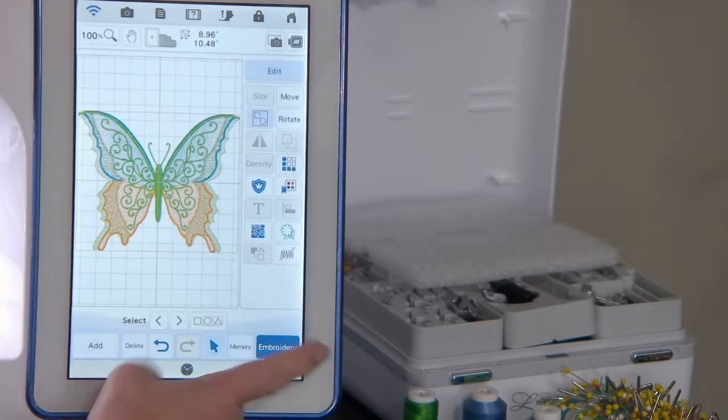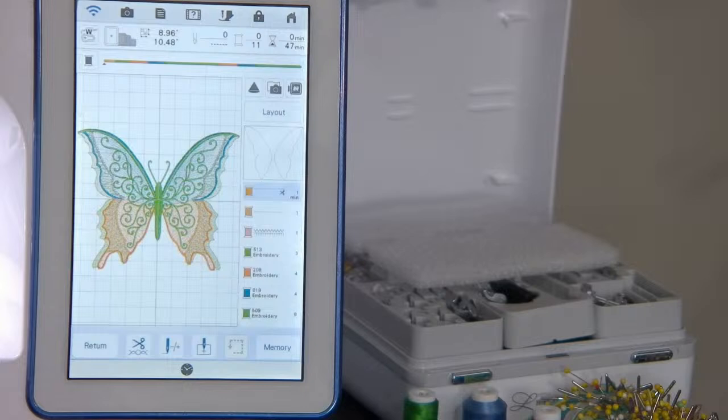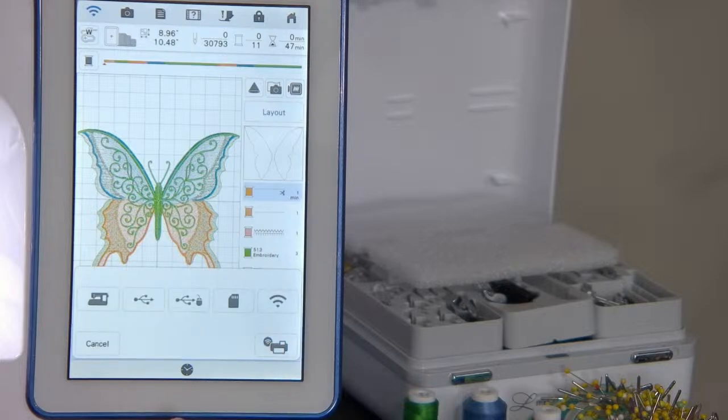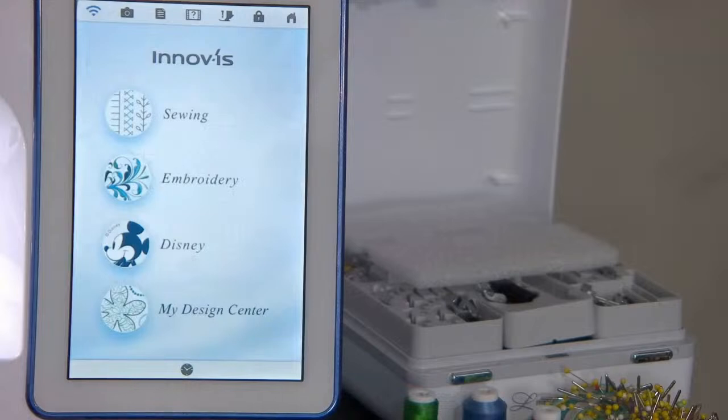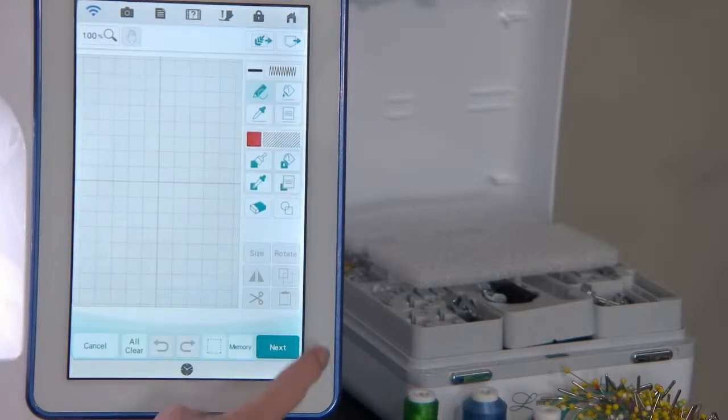OK. Now, when you embroider, you're going to have two applique steps first. To transfer that to your scan and cut machine for it to cut, you would touch memory, transfer to scan and cut machine. Now, the other thing that it does is in my design center, you have a retrieve from